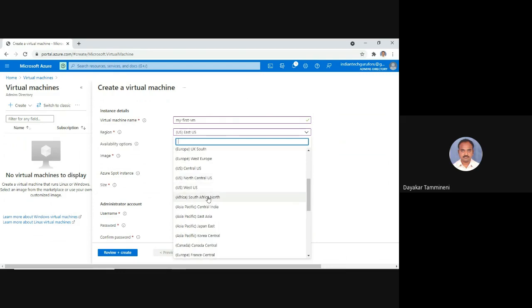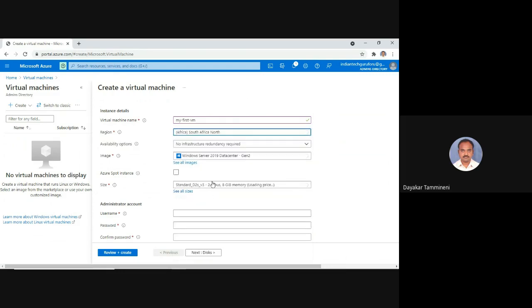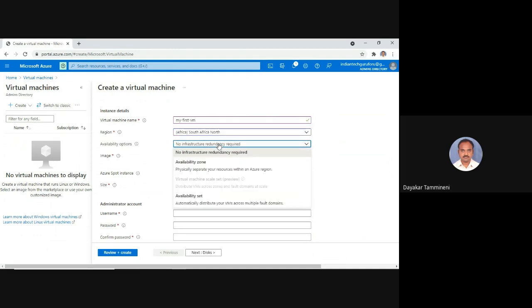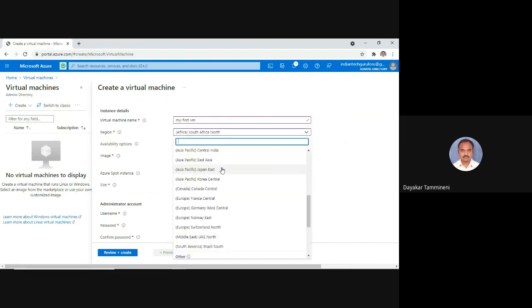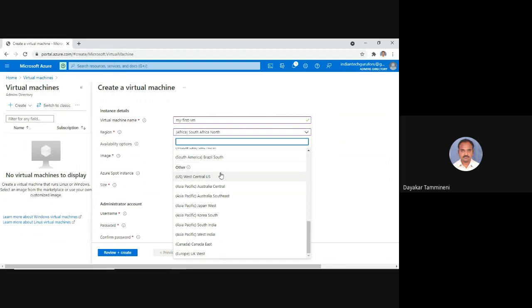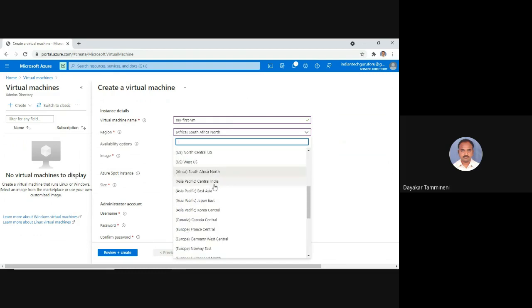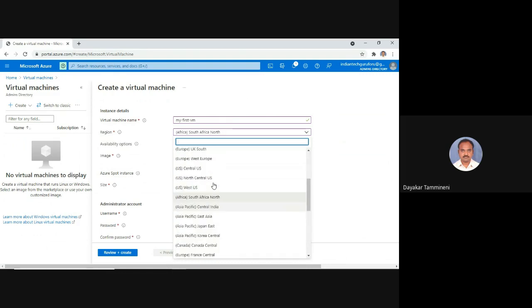South Africa North. And now click on here. So here also availability zone is available. And select